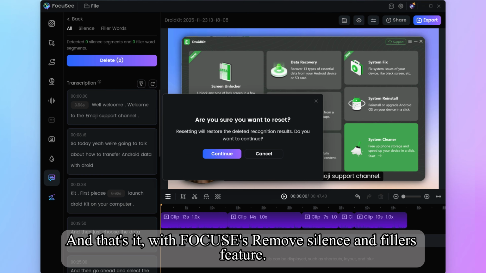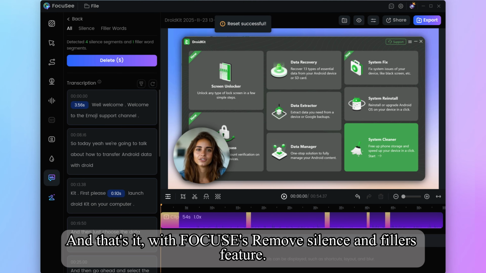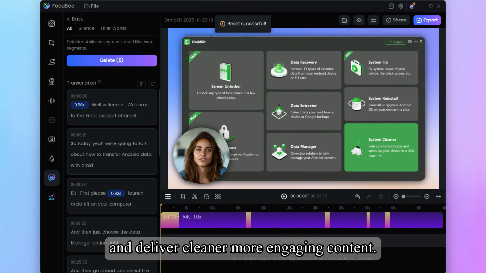And that's it. With FocuSee's Remove Silence and Fillers feature, you can polish your videos in minutes and deliver cleaner,